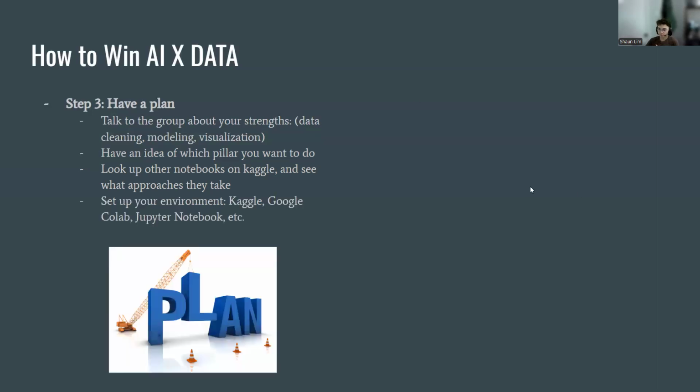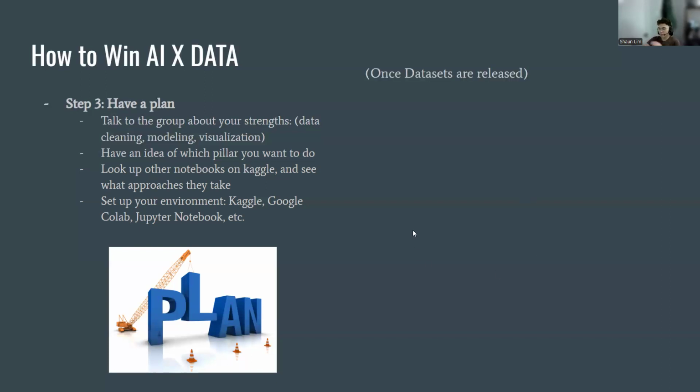So yeah. And finally, set up your environment before. I would recommend Kaggle just because it makes things a lot easier when you're finally uploading your final model. But Google Colab, Jupyter Notebook, even if you want to just use the Jupyter Notebook extension on Visual Studio, just set that up beforehand, because again, we have 10 hours to code everything. So figuring that out in the first 30 minutes is actually a big loss of time. So just try to do that beforehand.